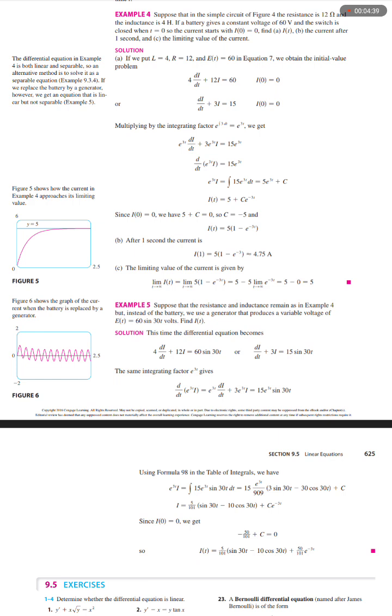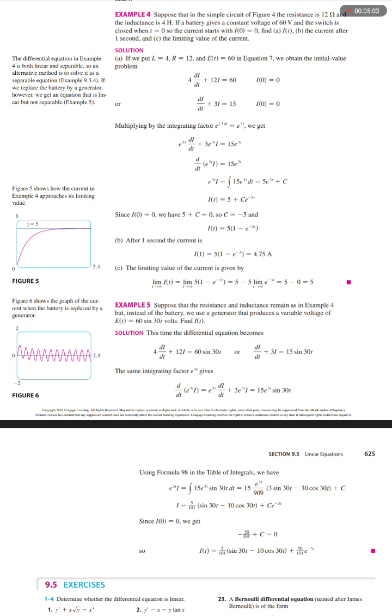Suppose that the resistance and inductance remain as in example 4, but instead of the battery we use a generator that produces a variable voltage of E of t equals 60 sine 30t volts. Find I of t. Solution: